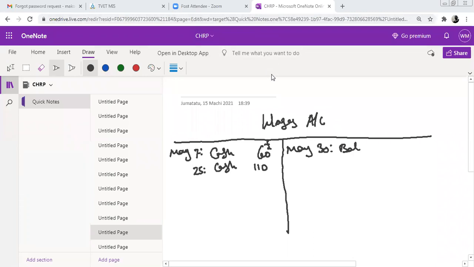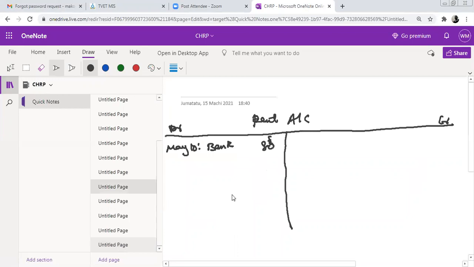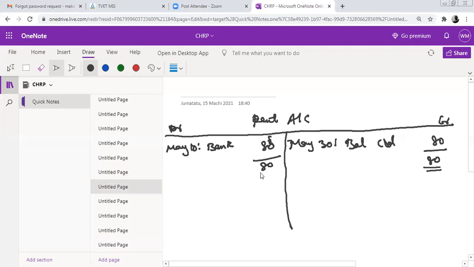So on that particular day, the balance carried down 170. So carried down is here, June 1st. So on that year, May that year, balance carried down 8. So that when we go to June 1st,